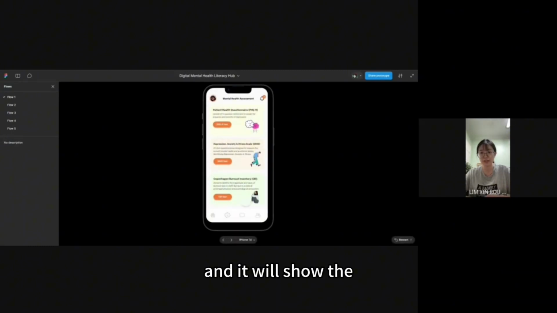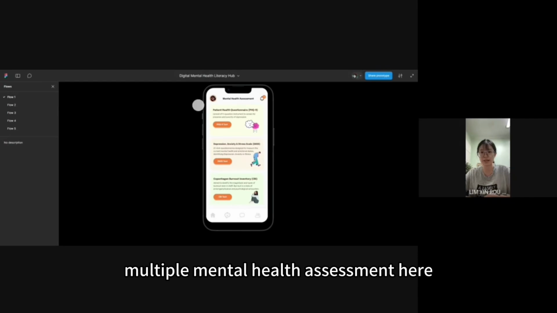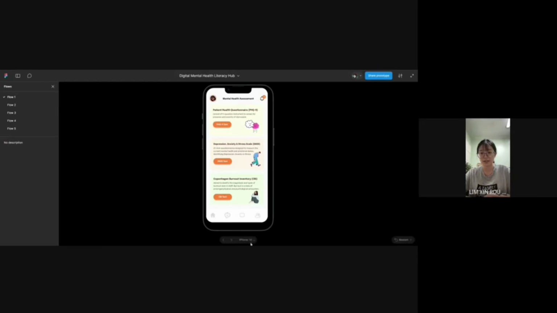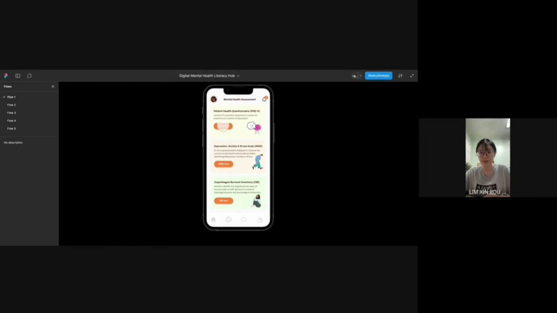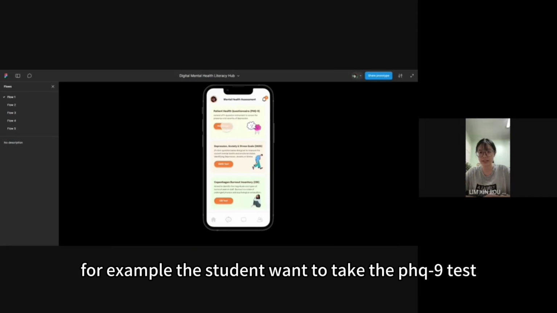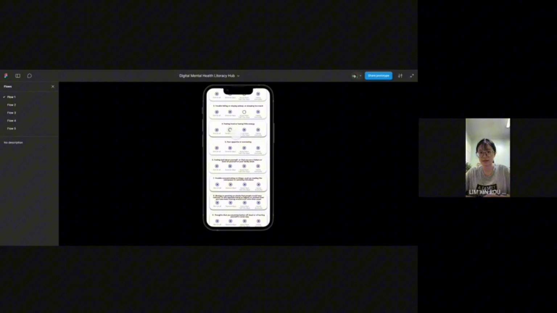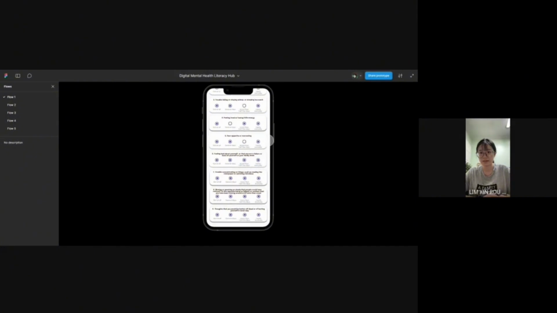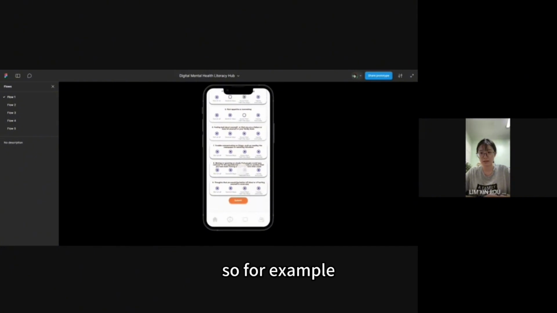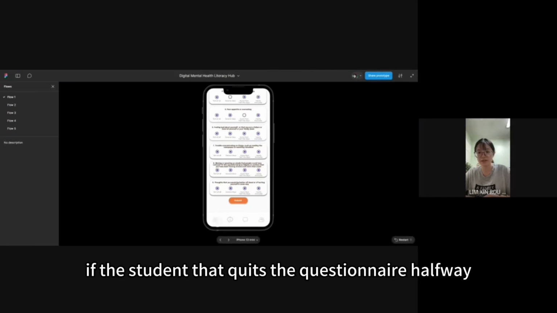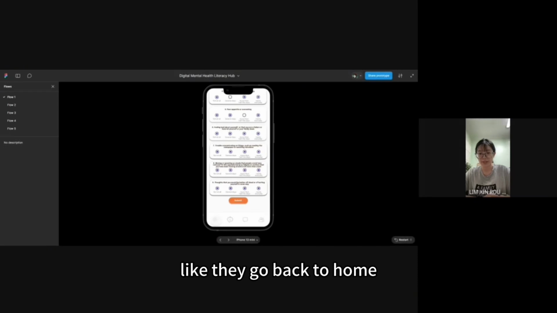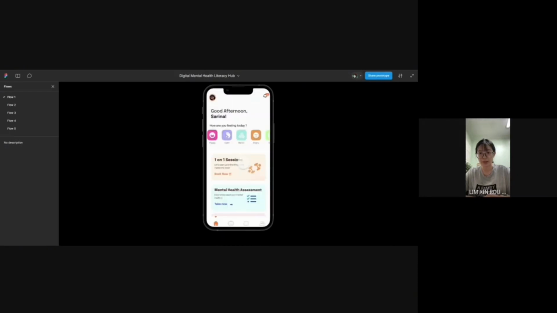And it will show multiple mental health assessments here. Only one of the tests is shown. For example, the student wants to take the PHQ-9 test. It will show the questionnaire and the student can answer. For example, if the student quits the questionnaire halfway, and goes back to home, and